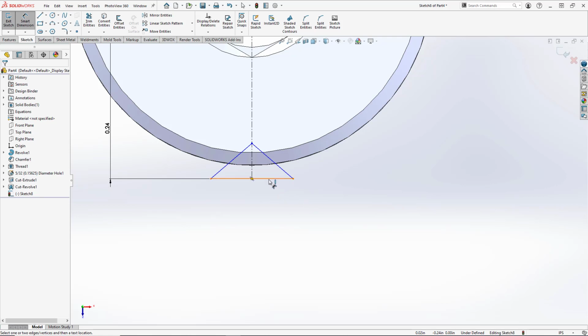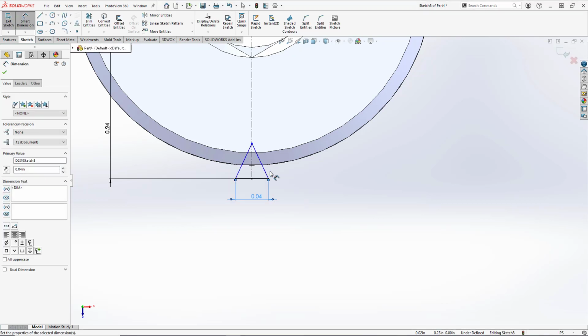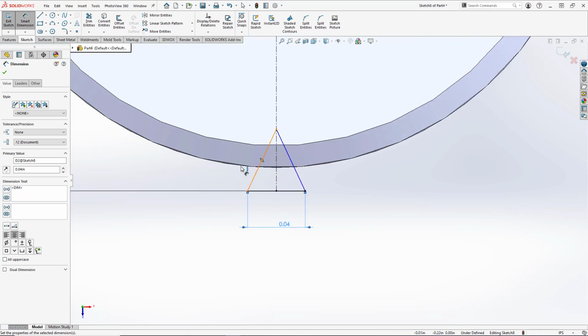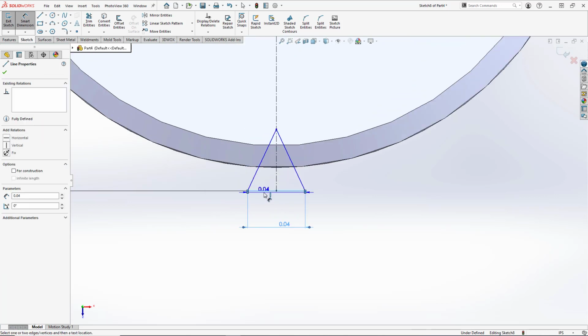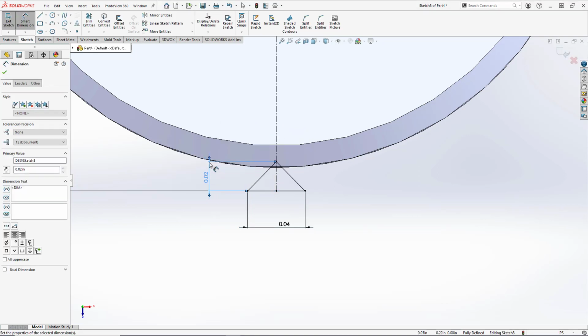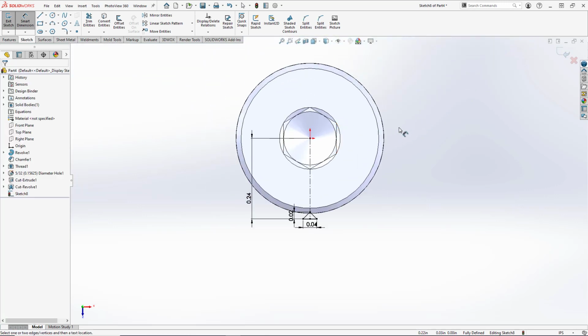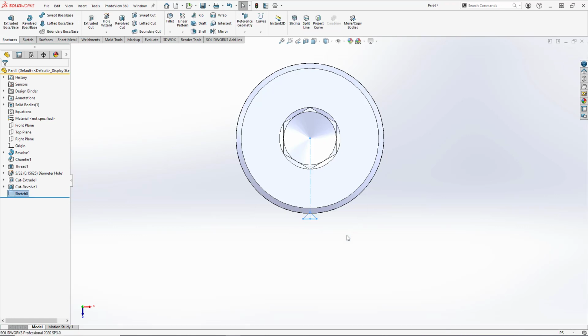The length of the hypotenuse, or the base of our triangle, is going to be 0.04 inches. And the height of our triangle is going to be 0.02 inches. So now we will exit our sketch